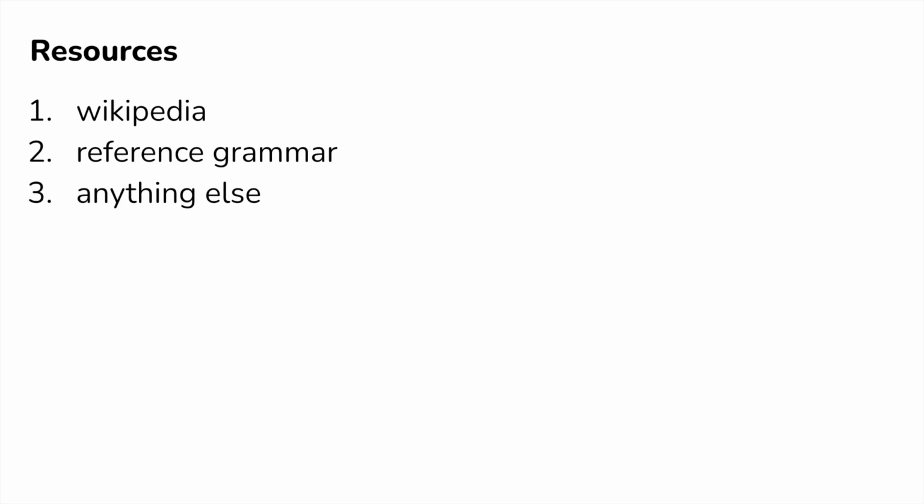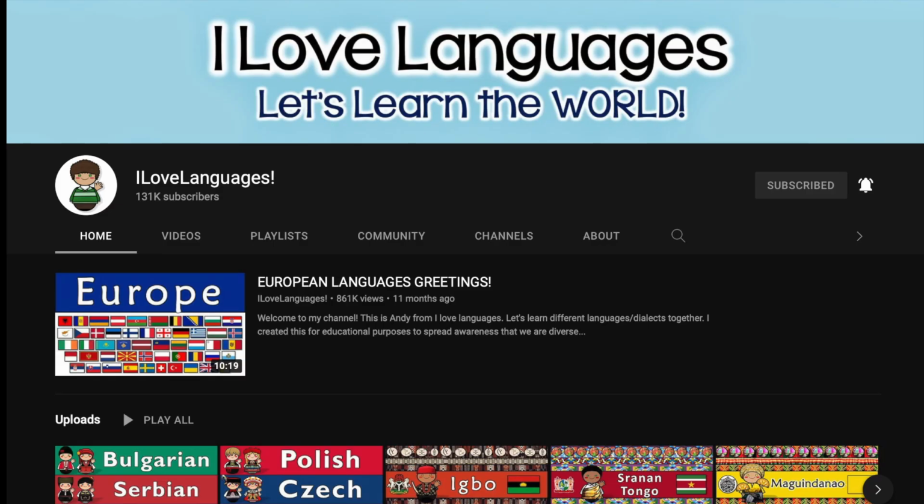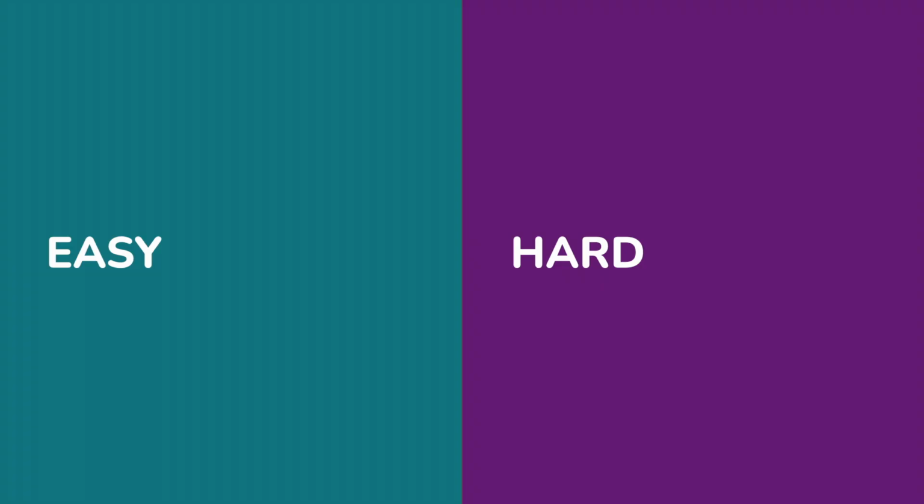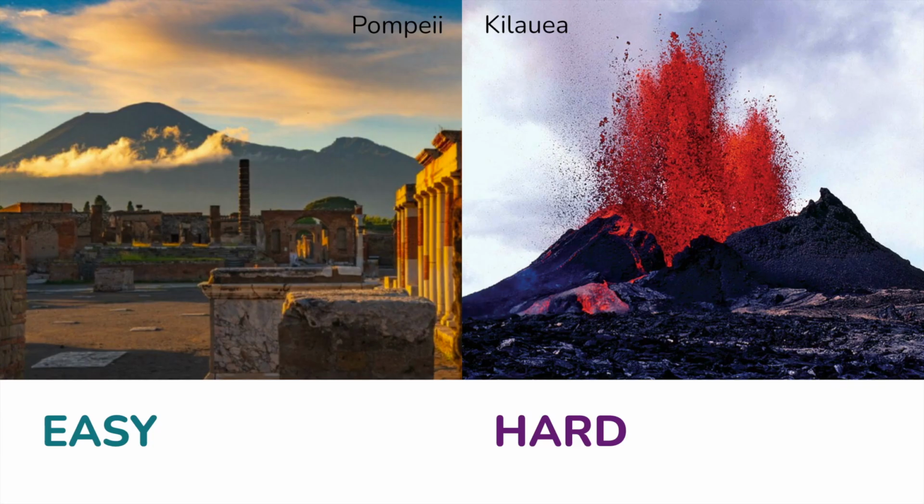Another resource I really recommend for this, especially for less documented languages, is the I Love Languages YouTube channel, which has a ton of languages and dialects. And I'll link a good database of reference grammars in the description. But this is where things start to get either really easy or really hard. Some languages are bigger than others, and some languages just have way more documentation. Latin, for example, is incredibly well documented, where something like Proto-Austronesian is less so. So it would be way easier to make a Romlang or Romance conlang like I did with Paresi than to make an Austronesian language spoken in South America.